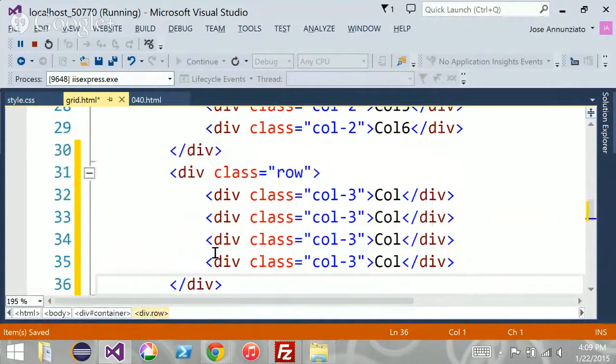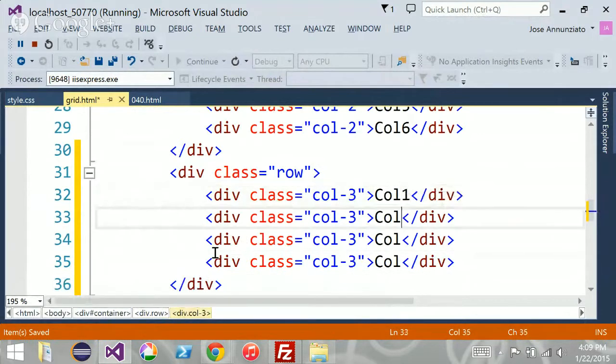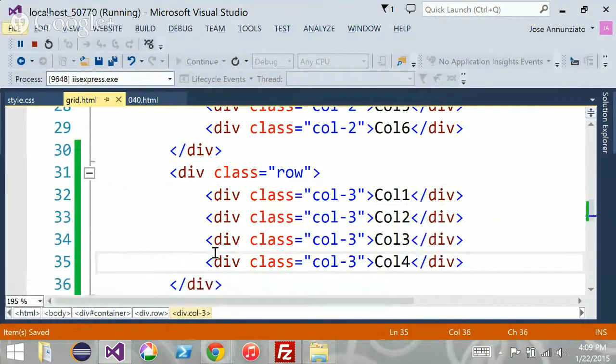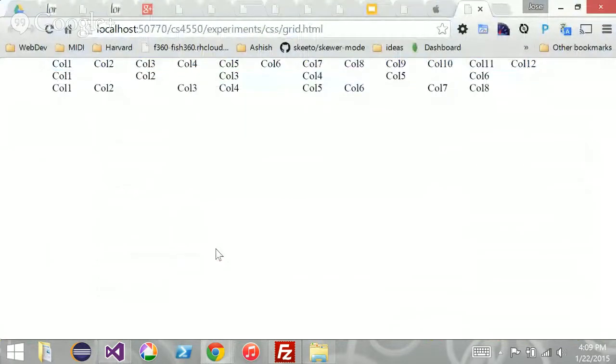So how many columns of 3 columns are there? 4, right? Because 3 times 4 is 12. It takes up the 12. All right, so there they are. So I have 4 columns: column 1, 2, 3, and 4. If I refresh the grid,